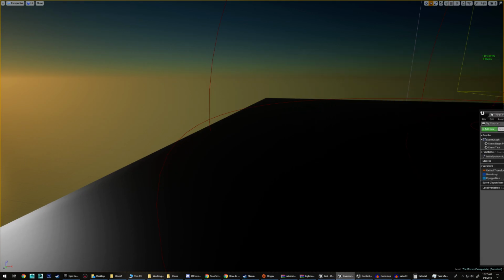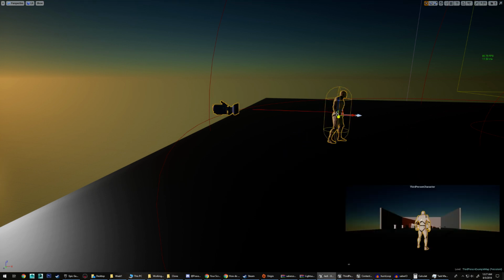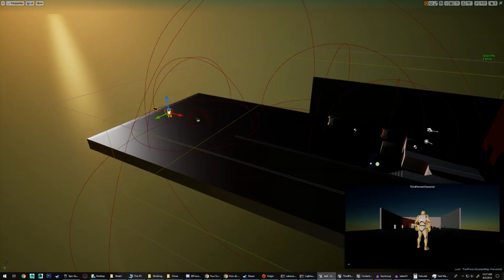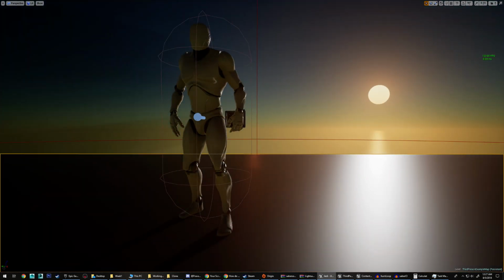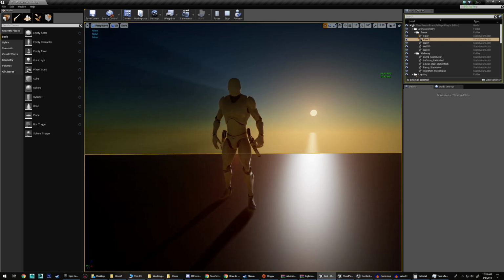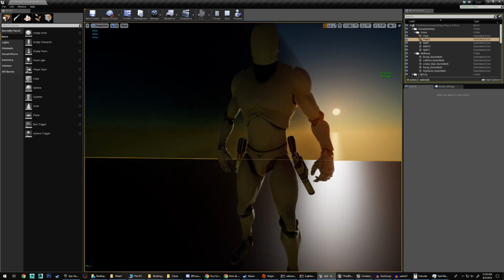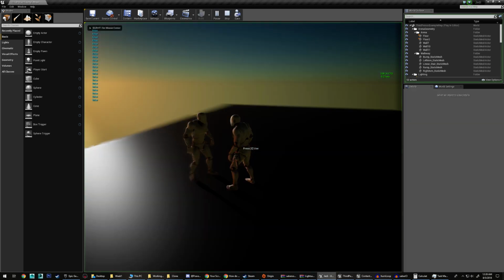And so if we are on construction, if we go ahead and drag this guy into the scene here, he has no weapons currently. But if I go ahead and just simulate this, you'll see now he gets the blaster and the pistol. Functionally, with this,